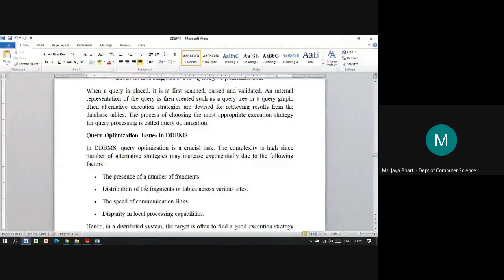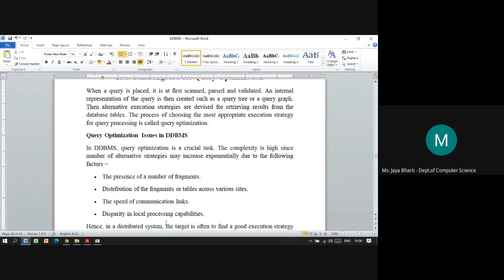How fast your network is. And the fourth is disparity in local processing capabilities. There are other factors, such as bandwidth and whatever infrastructure you are using, while processing the data locally.